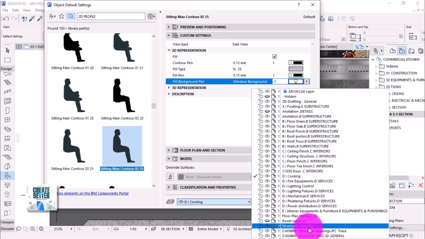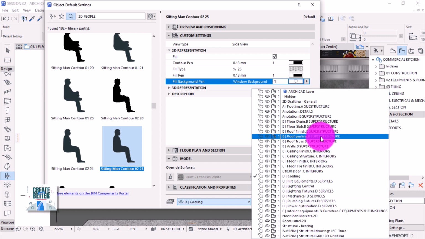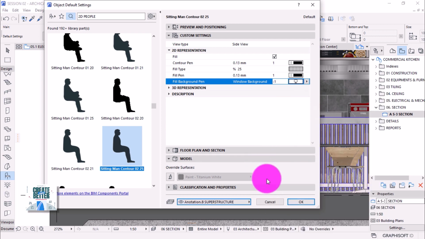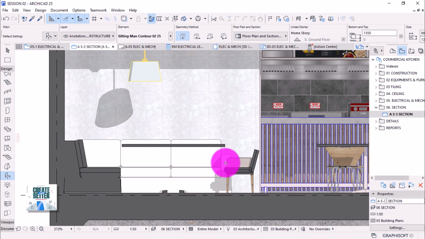Make sure it's on the appropriate layer. This is just 2D information, so I would find something like annotation. There we go, then hit OK. So place this guy on top of this,